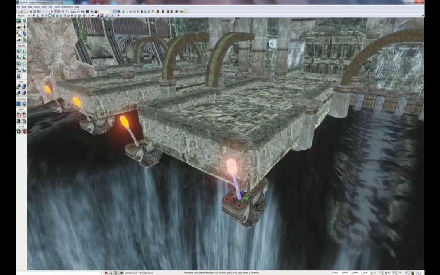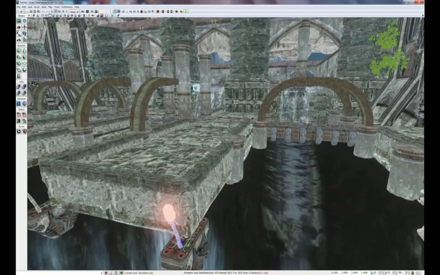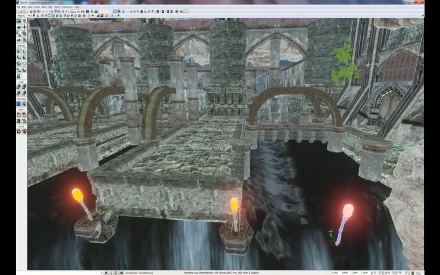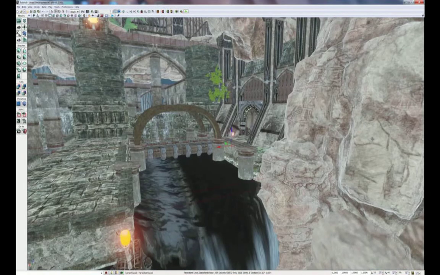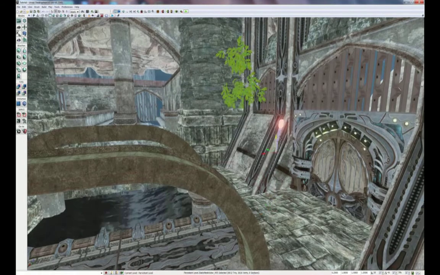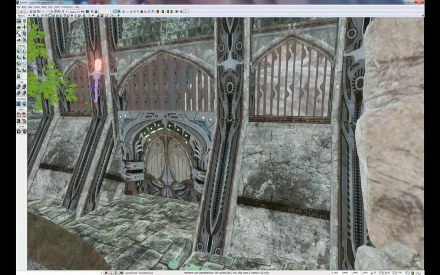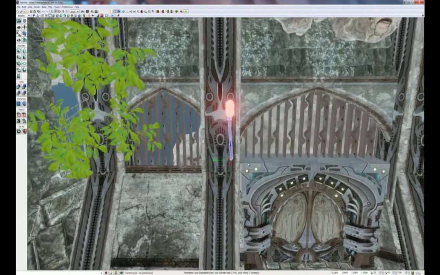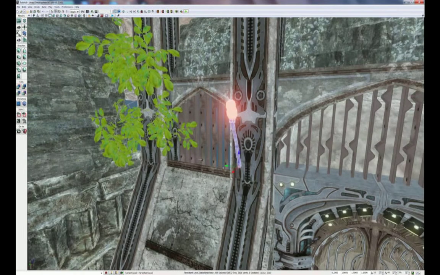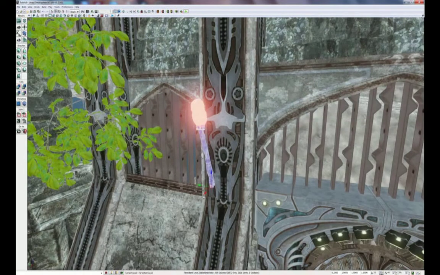And then we'll copy this torch. We will duplicate it, and place them on our angled pillars from the beginning of the tutorial. Like this. Again, I'm having trouble trying to center it. Well, I got it centered there, but if you have trouble centering it, you can always change your grid scale